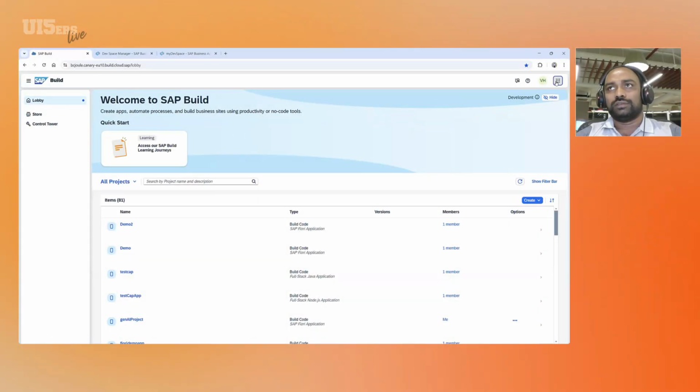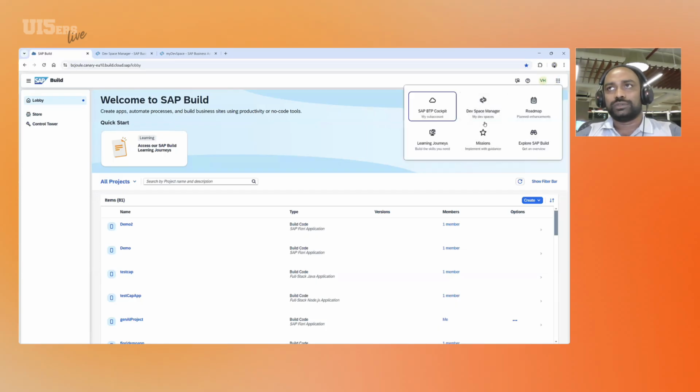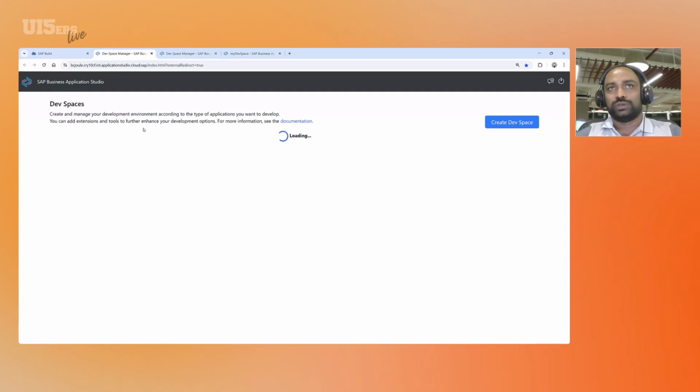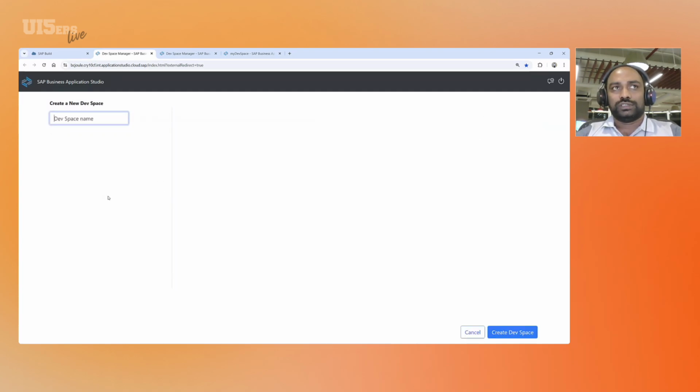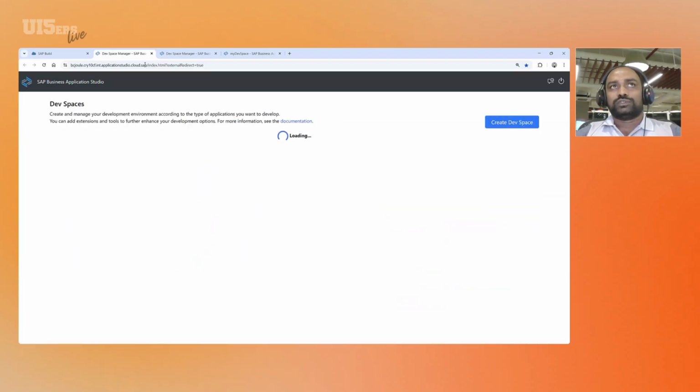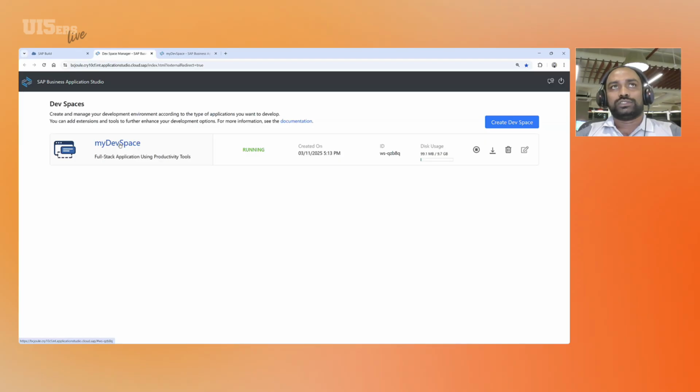So you can navigate to the SAP Business Application Studio used by the DevSpace Manager. You can navigate to your DevSpace managers. I have already created one DevSpace just to save some time, as it takes 1 or 2 minutes to create the DevSpace. You can actually create a DevSpace, choose the kind of application as full stack application using productivity tools, and click on Create DevSpace. It takes only just 1 or 2 minutes to create the DevSpace. And once the DevSpace is created, you can click on the DevSpace, and which takes you to the